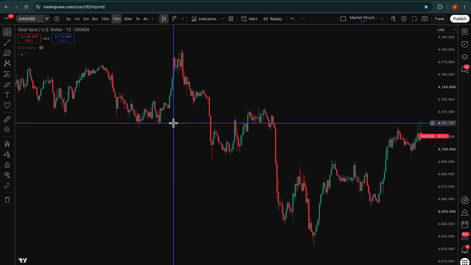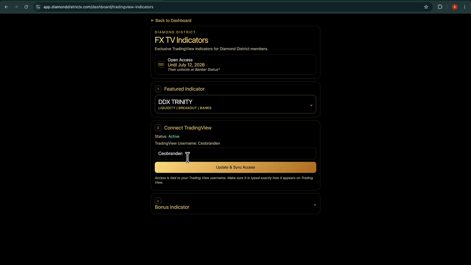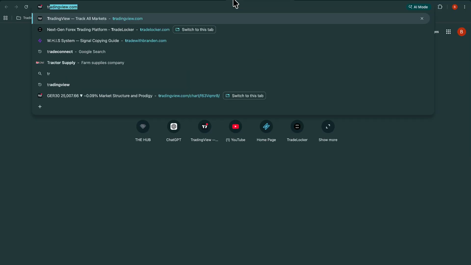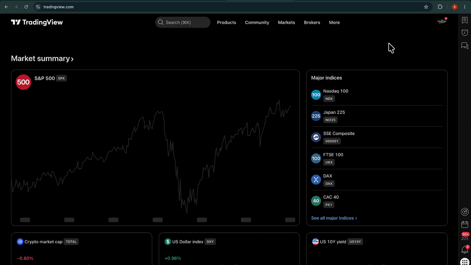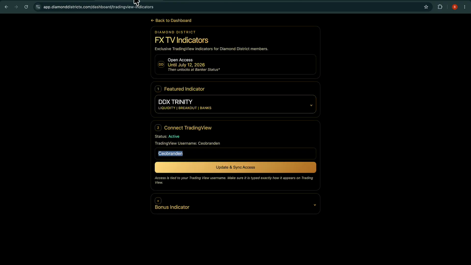Now once you do that guys, what you're going to do is you're going to visit the Diamond District. You're going to visit TV indicators and pick FX indicator, and you're going to type in your TradingView username. If you do not have a TradingView username yet, you're going to go to tradingview.com. You're going to create a free account, grab your username, come back here, add it, and hit update and sync